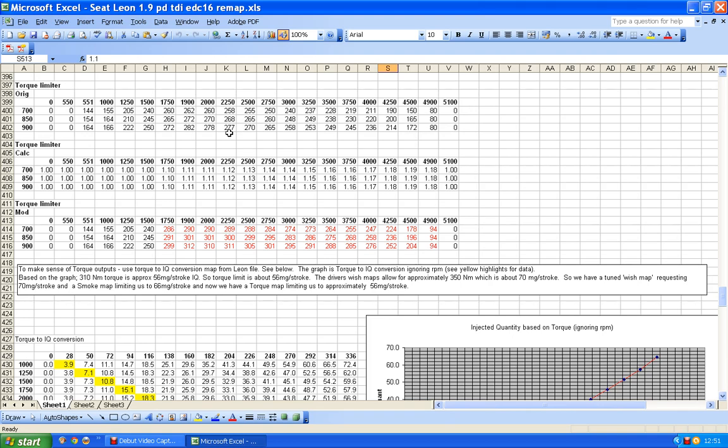Now, if I look at it at the moment, it may not make a great deal of sense because, unlike EDC15s, the output is in torque, and if you're used to dealing with fueling, obviously these figures don't make a great deal of sense when you first look at them. If we pick a number, it doesn't really matter, but one that's a high number obviously would help. So if we pick a number and say, what about 280, because that seems to be somewhere up around the high point, doesn't it? 282.